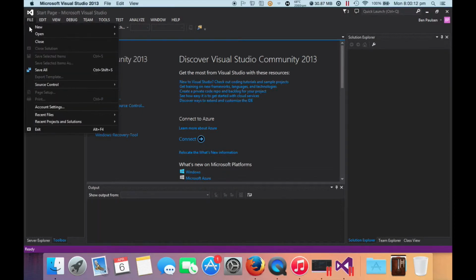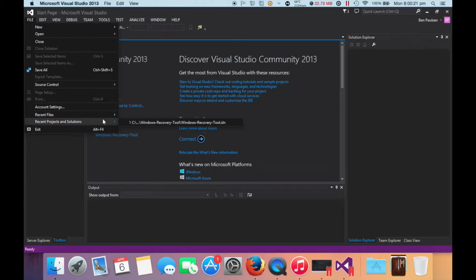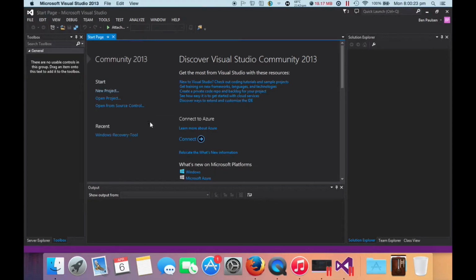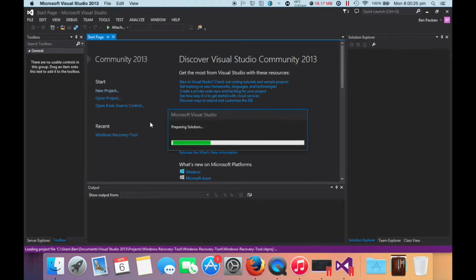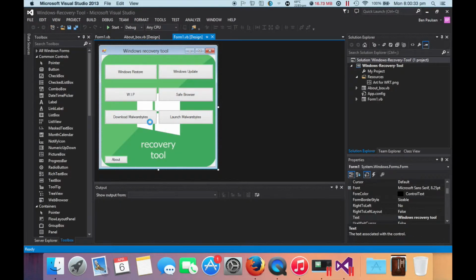So we're going to open. Is there a recent, well, there it is. Recent projects. There we go. We'll open that, and we'll get right into it as soon as it opens. There we go. So what we're going to be doing today is mainly removing this window border and kind of,